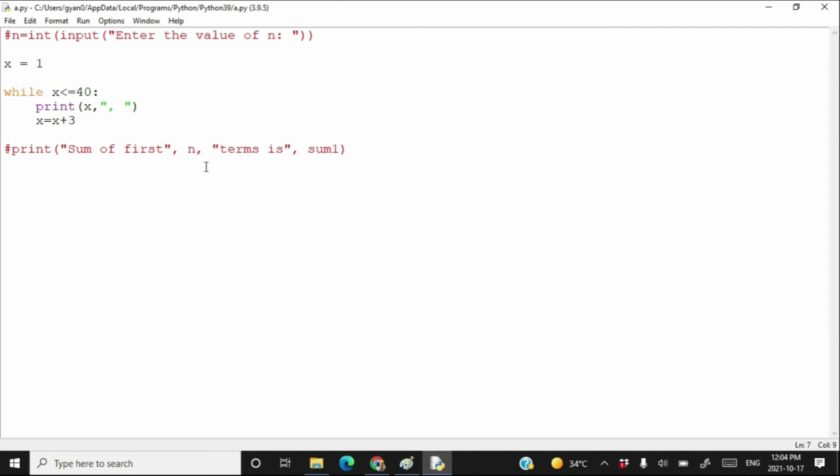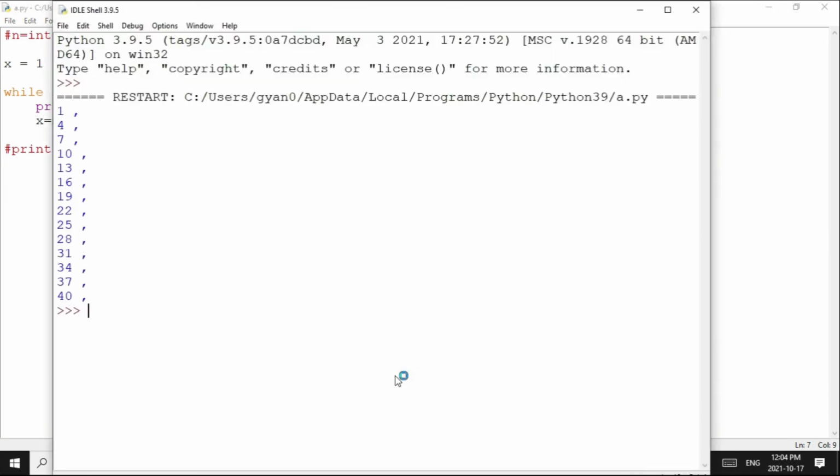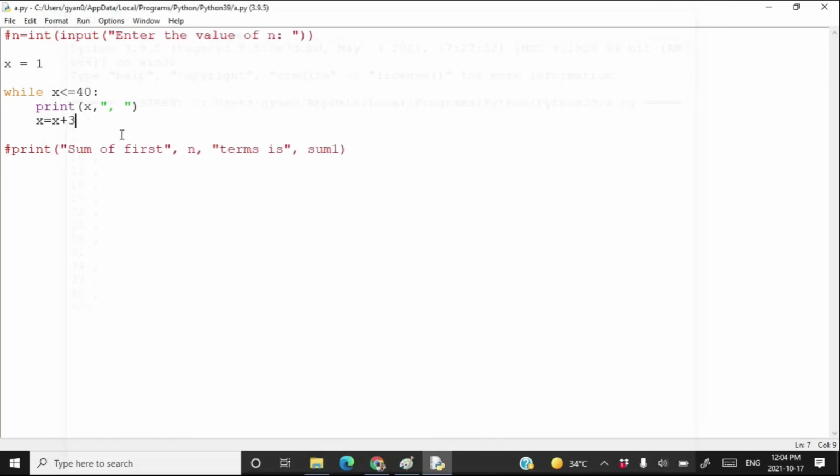Save it, run module, and here we are. Actually, this is not what we had expected. We should end the print with an empty string, end is equal to an empty string. Now I think this will be our expected output.